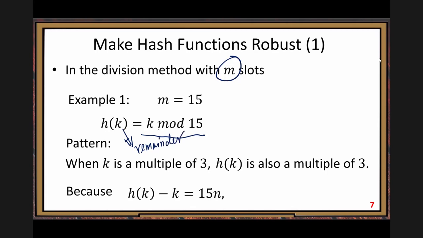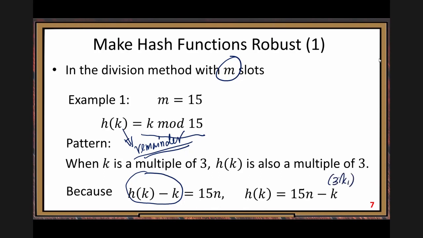You only keep the remainder part. Then the difference between the remainder and the original key k must be a multiple of 15. Okay, a multiple of 15. Then h of k equals 15 minus k, but k is a multiple of 3, say 3k1. Okay? 15 minus 3k1, you can factor 3 out, right? So the hash key must be a multiple of